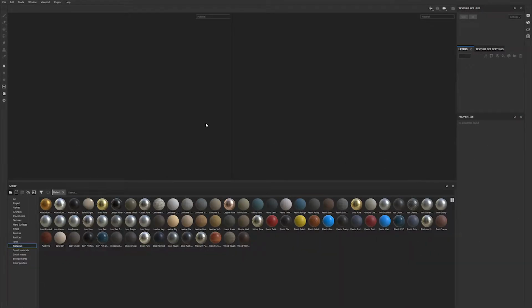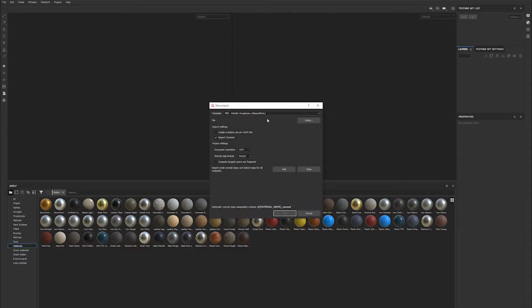Okay, so here we are in Substance Painter, and Substance Painter is a software much like Photoshop but for 3D models. So I'm going to open my model under File, New, and just select the model, the dragon here, and I'm going to increase the document resolution size to 2048 so I have more resolution on my texture. And I'm going to follow this PBR metallic roughness workflow that works well when I go back into Maya to build